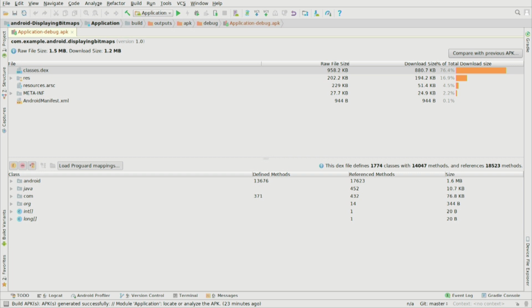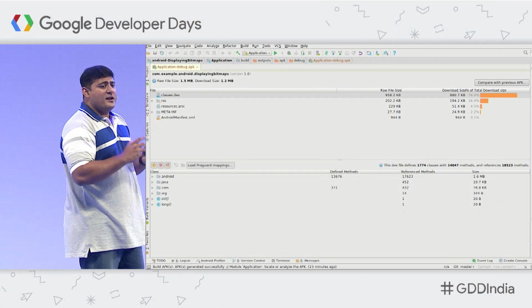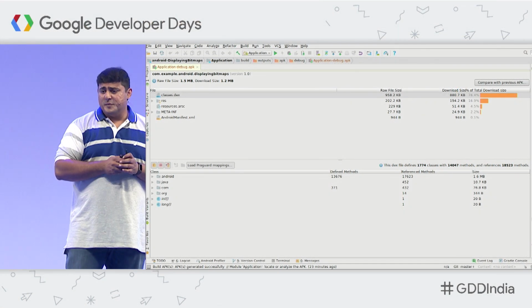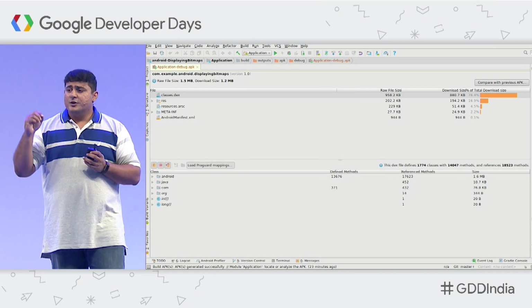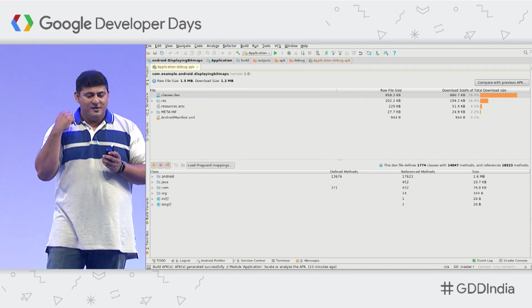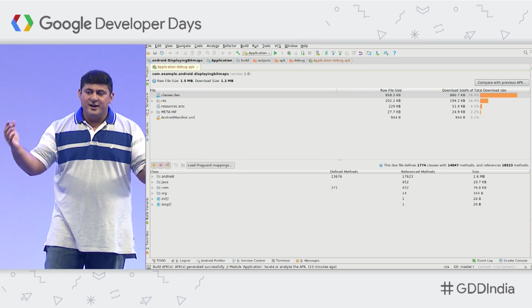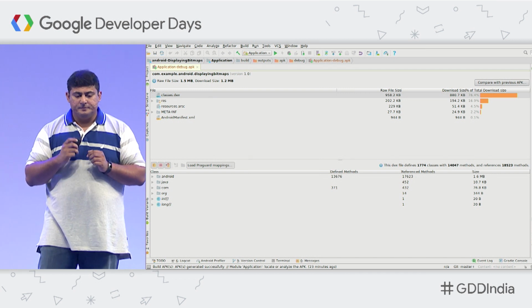Looking at this, in this case, we have loaded the dex file. You can see that the classes.dex is taking the most amount of space in your APK. We have visualized it by showing you the percentage of size this file is taking in your APK. A lot of times, it's not the classes.dex, but your resources that you will see as the offender when it comes to the APK size increase. You might have a resource which is really large and occupying a lot of space. Then this allows you to drill down to the area in your app which is taking the most space and reduce the APK size drastically.